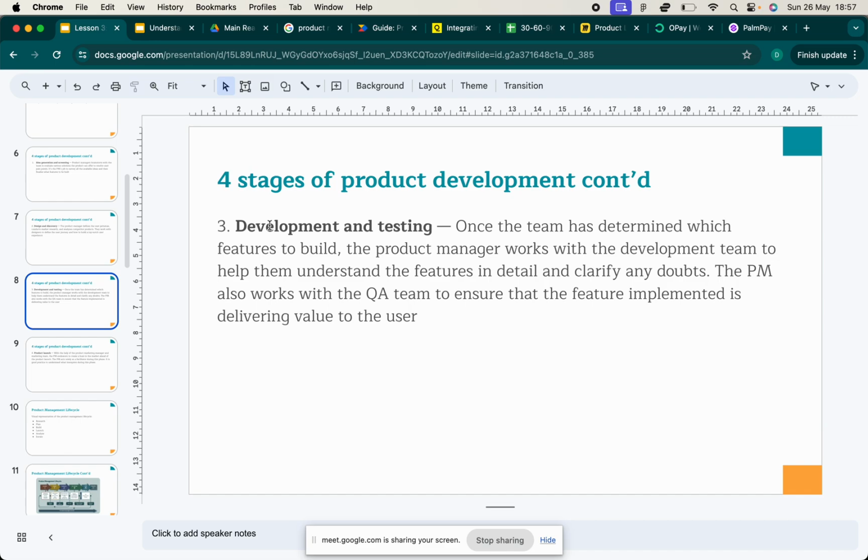In development is where you have software engineers and testers and quality assurance testers. These people build the feature. All of the features that have been designed, they take those features and they build them. And we'll cover this in the course down the line. So here it's more an overview for you to understand the phases that are involved in product management.